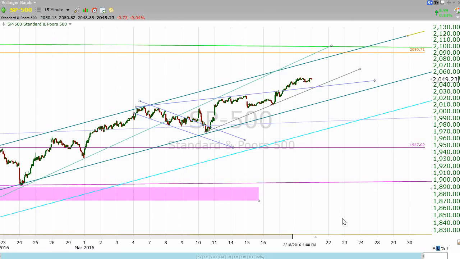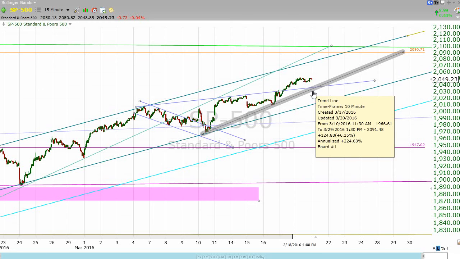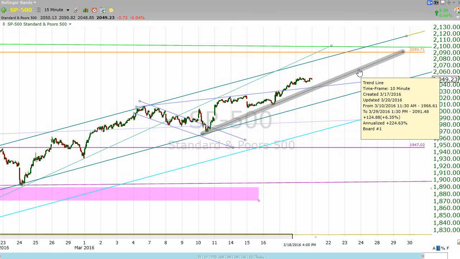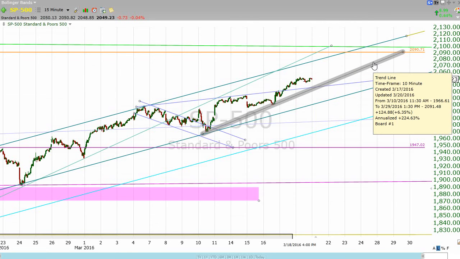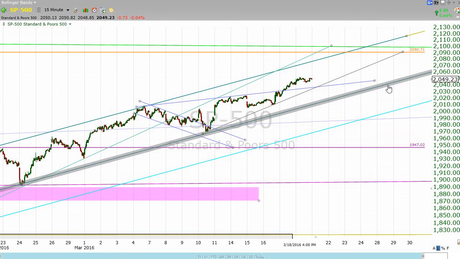Now we've got a short-term support line right here. So what I want to do is we'll keep an eye on this line, and I'm going to refine that, just make sure I got that just right. Oops, lost my little handle there. Let's put this up there just like that. Okay, so if we break through this line at some point, and we will, it wouldn't surprise me if it's this week. When we break through this line, then that would be the setup for at least a test of